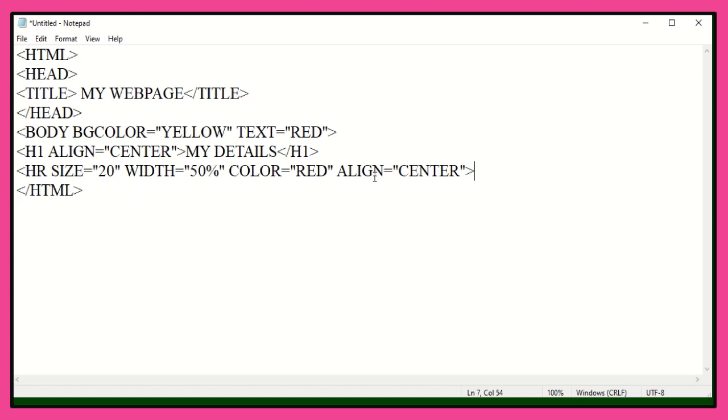Now, I would like to display my details. I am going to make use of the H2 tag. This is the second level of heading. My name is, I would like to display my name, so I am just typing my name is colon, closes H2 tag.